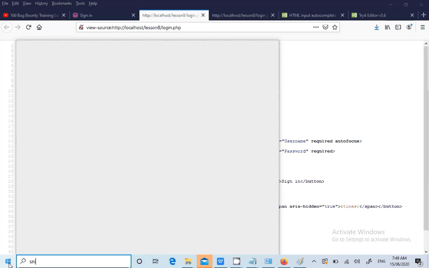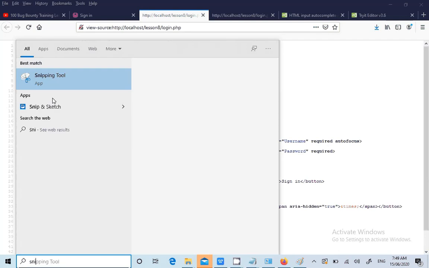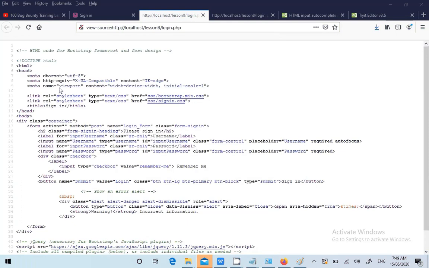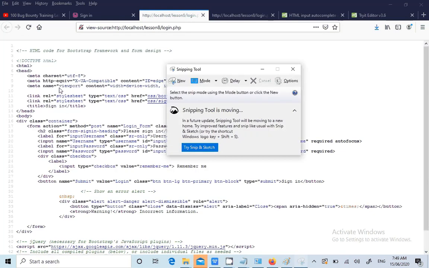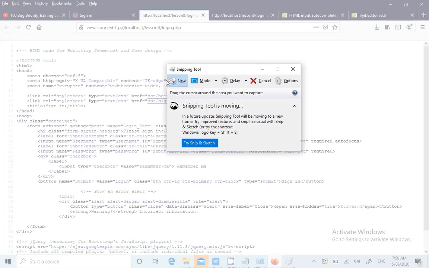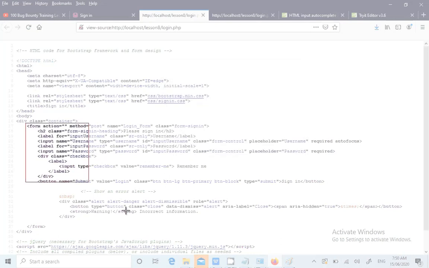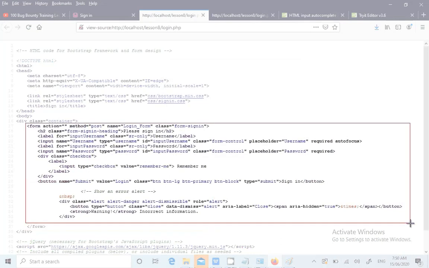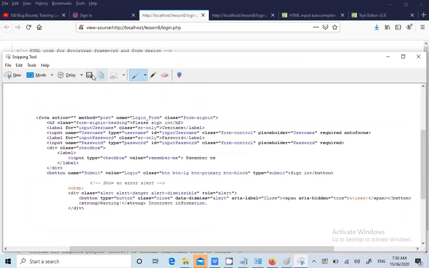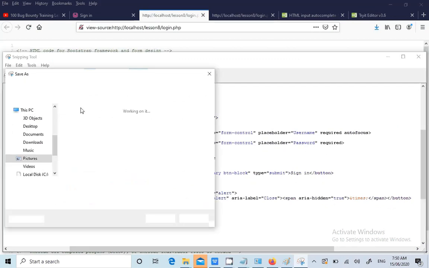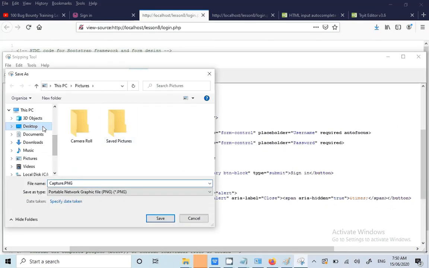You cannot use MS Paint to take the screenshot all the time because the file size will be more. Let's say you come across 50 issues, the screenshots themselves will be 50 MB. But if you use the snipping tool, all the screenshots will be around 1 MB. So from here to this particular form, copy, now save as desktop.